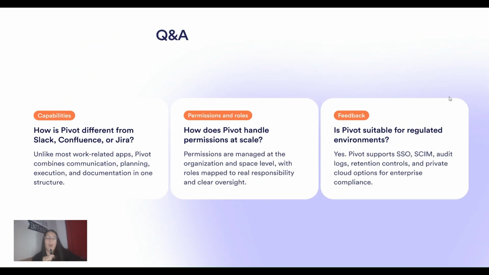Next question, how does Pivot handle permissions at scale? So, permissions are managed at the